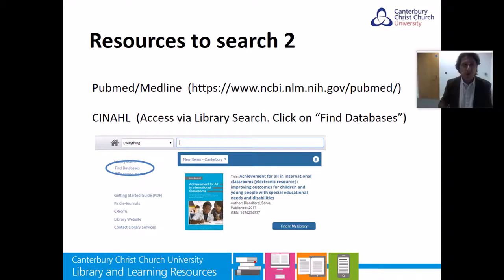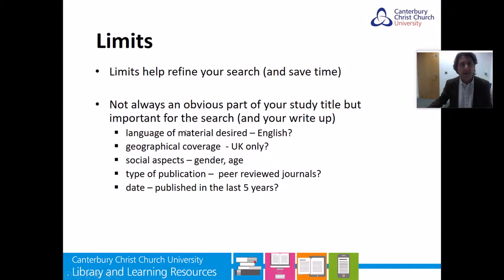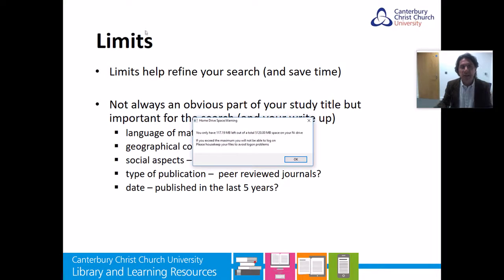Okay, so this was about PubMed and CINAHL. One of the things when you have a search and a search strategy is always about the limits. One of the limits we talked about was the time. So we usually say it's a maximum of 10 years for health related topics, 5 to 10 years. Then other limiting or refinements could be